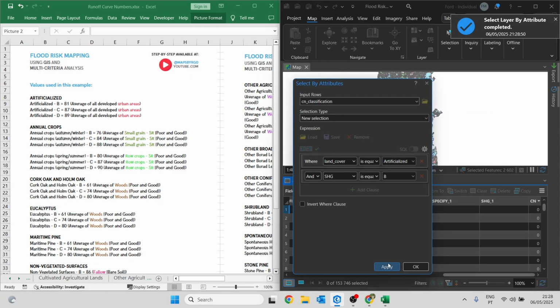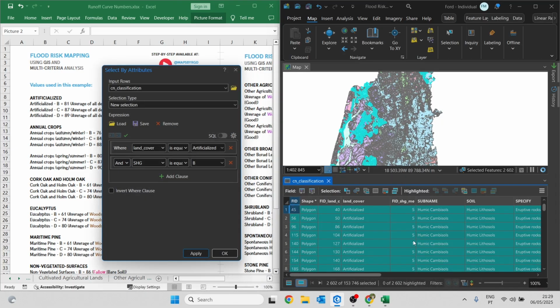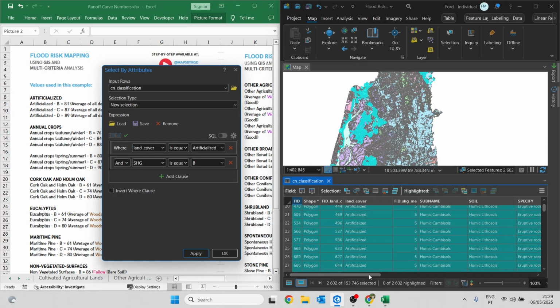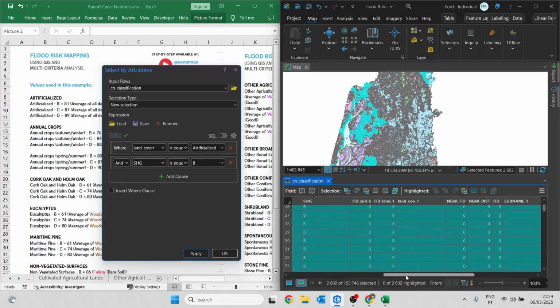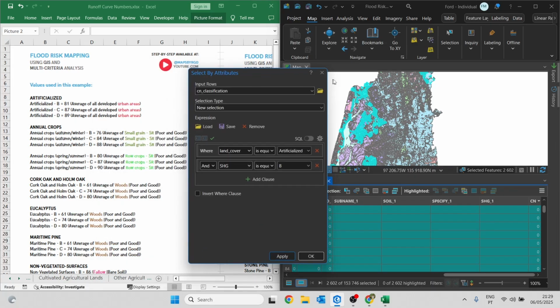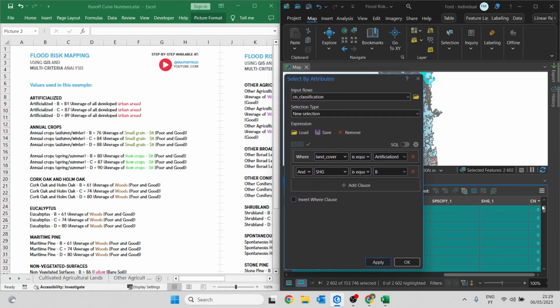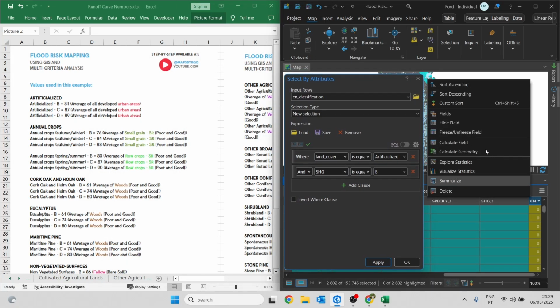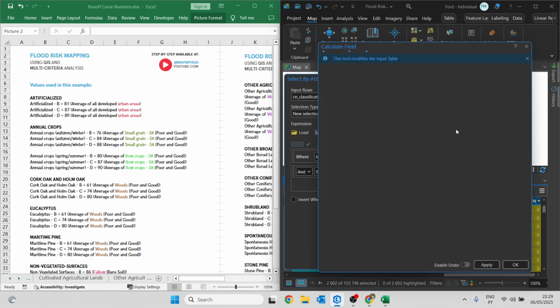I'm going to click this button here to display only the selected features. And as you can see, only the elements with land type artificialized and SAG B are currently selected. To enter the value, right-click on the name of the column at the top, and then select Calculate Field.